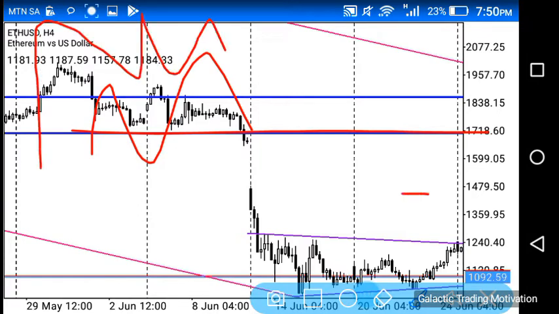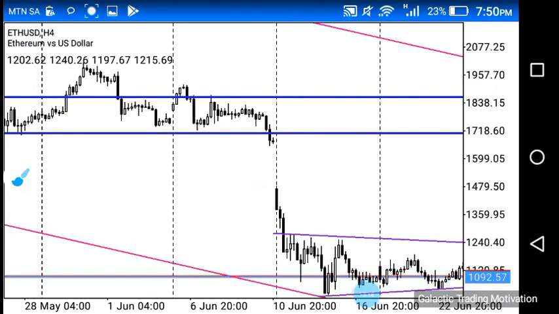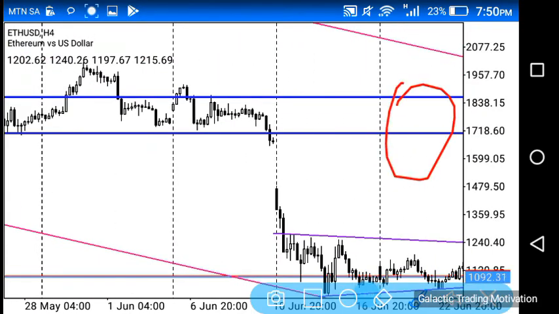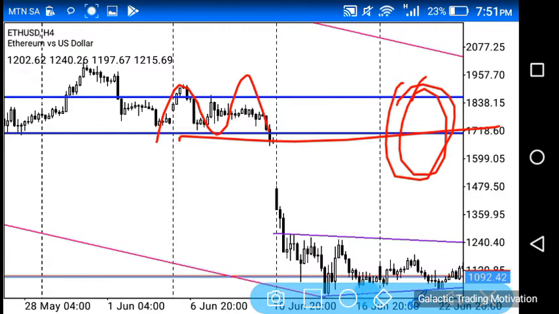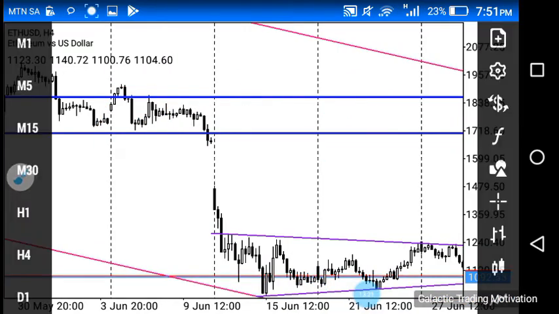Ideally, I would love to see price come to this level to retest it, and this is where we would look for possible selling opportunities. As I said, guys, there is scope for price to head down, because